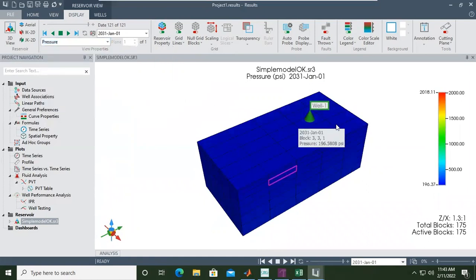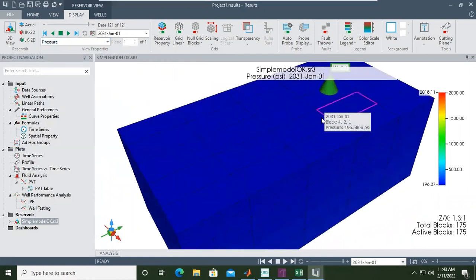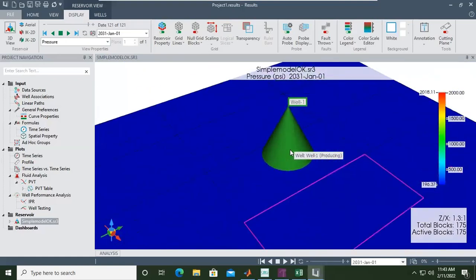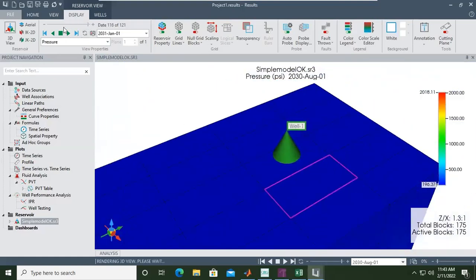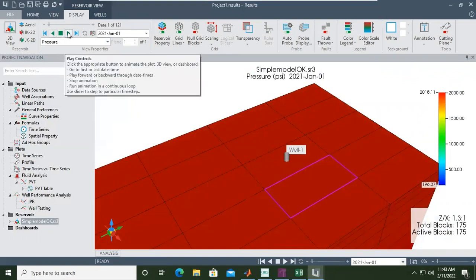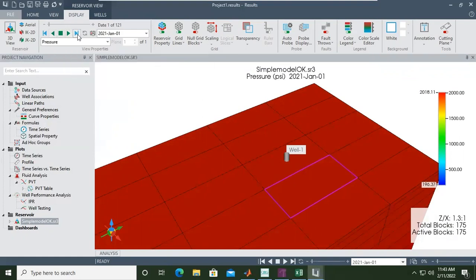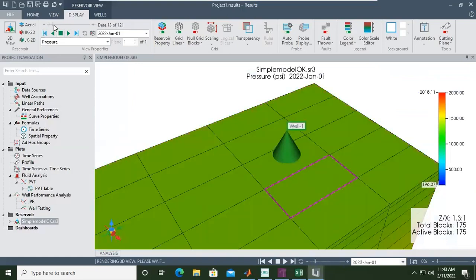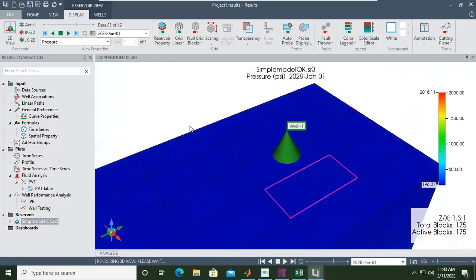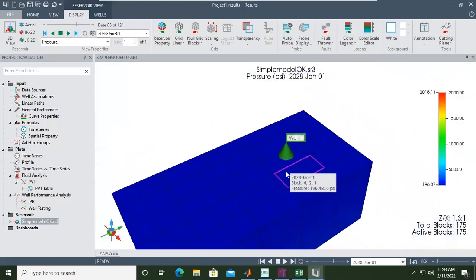Sorry, I still want to concentrate on the pressure. Okay, I will pan. I want to zoom in. Okay, like this. Let's check the pressure. Play controls. I think because we have good permeability, the pressure of the whole grid will change immediately.